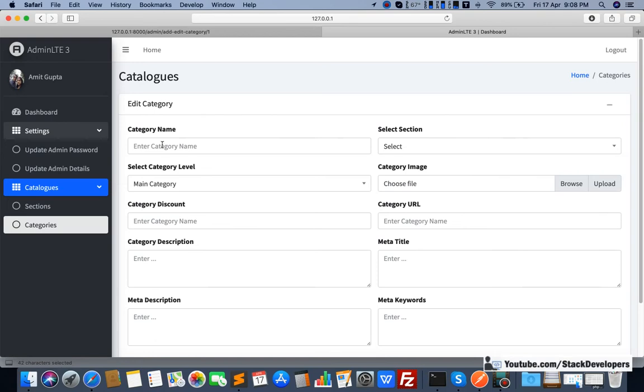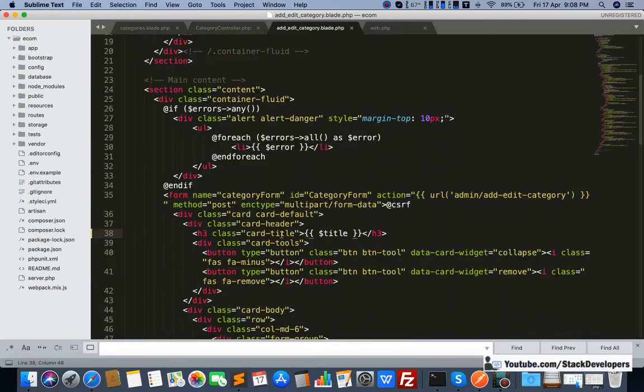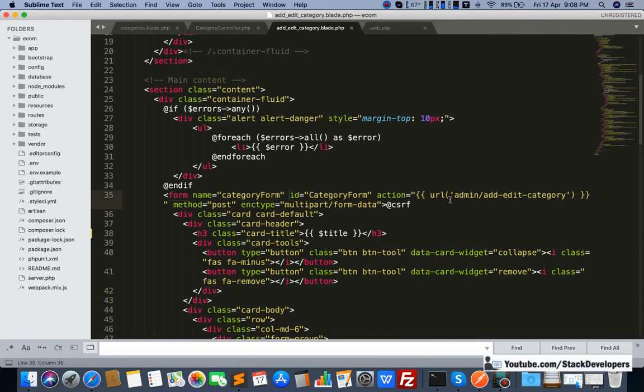Everything we are going to get here. First of all I'm going to add the category name, but before that we also need to change the form here in the same way like we have changed. We have got the title here. Okay, fine, that is fine, but see here the URL we are using, add-edit-category. This is the URL for add category only.